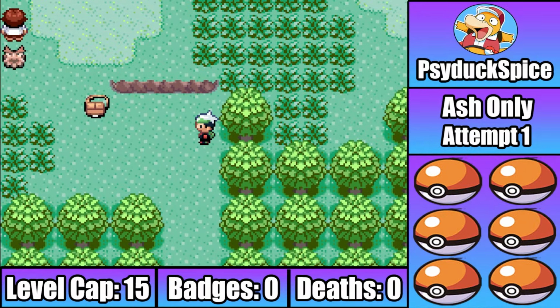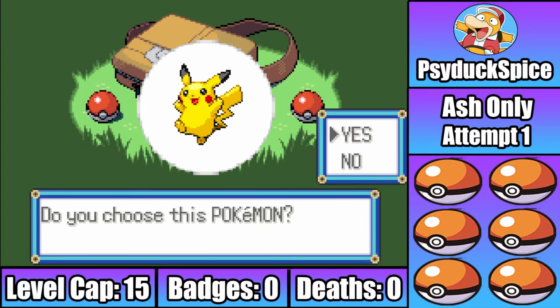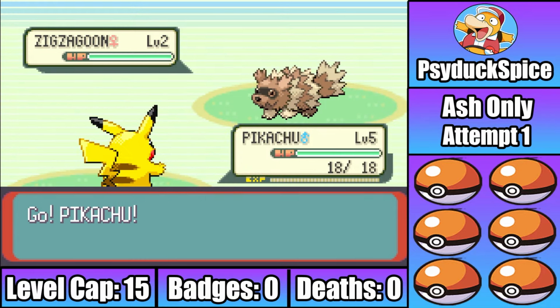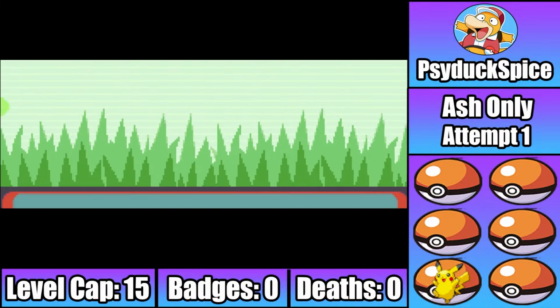So first off, we've got to grab our starter, and of course it wouldn't be an Ash run if we grabbed anything but a Pikachu here. Pikachu is pretty bad, even in a game full of strong water types, but I'm sure I'll find a use for this cute little mascot somewhere. Welcome back, OP. With OP by my side, it's time to start grabbing our early game encounters,